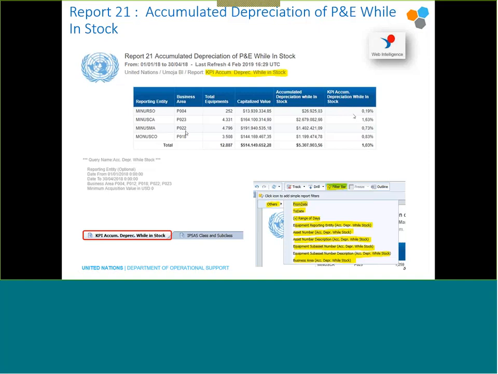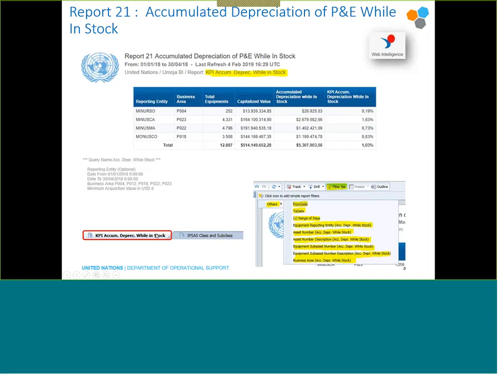This information, please do not take it for granted, because I think I got only the report. The data range is from January 2018 to 30th of April 2018, only 4 months and in pre-production, but we do invite you to take a look at your fixed assets in stock and see what's the KPI for those. Obviously, these web intelligence reports are meant to give you high-level information. It has